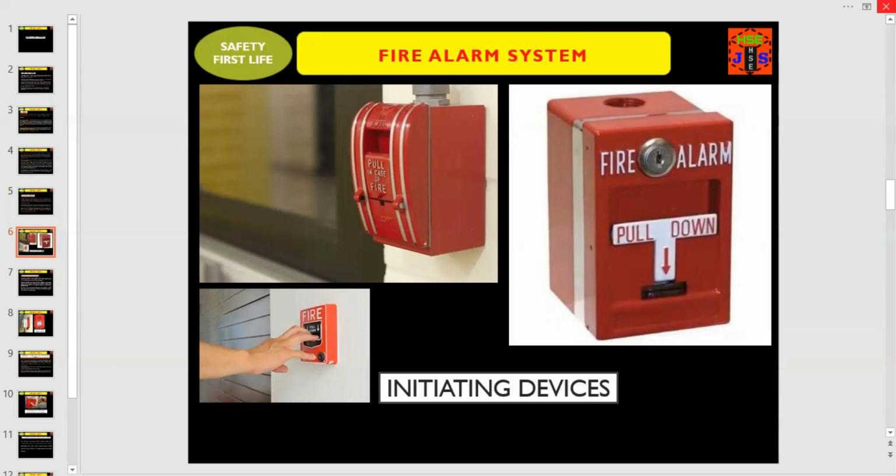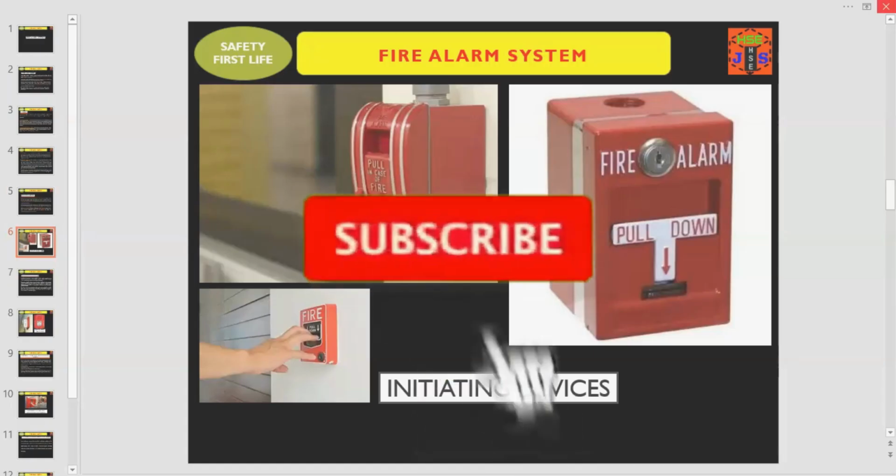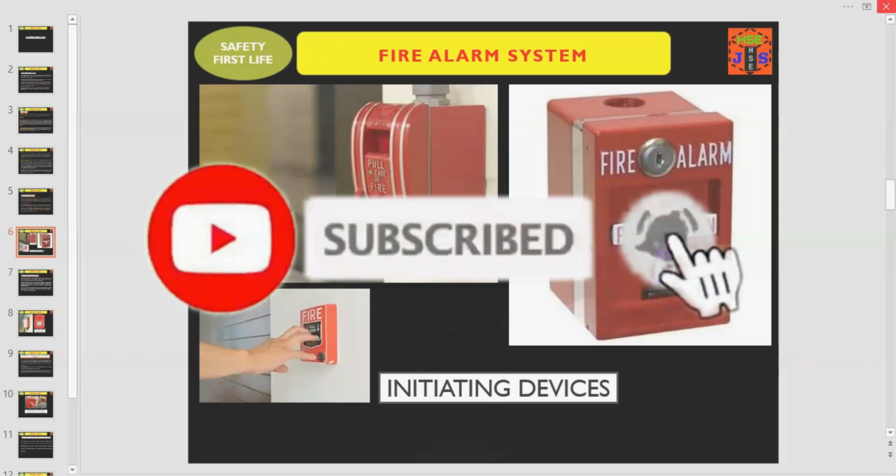Now you can easily understand because you can see these red boxes are buttons in the offices, in the construction premises, in the residential buildings, especially near the exits. In future, whenever you look at these red boxes, you will be able to understand what exactly it is, what the function of these boxes is, and when it can be used.